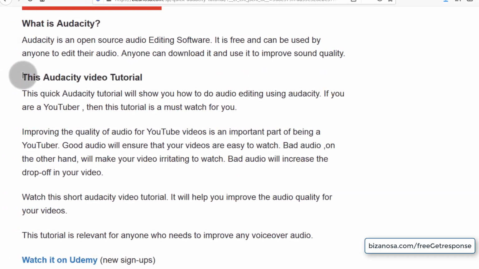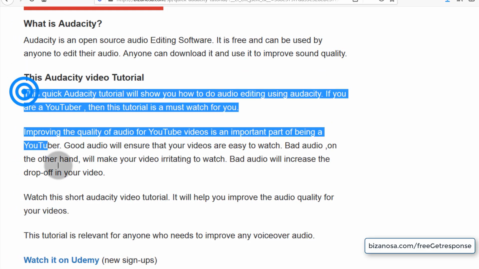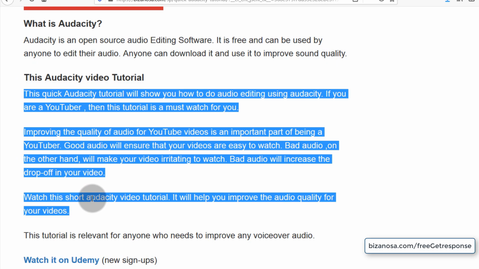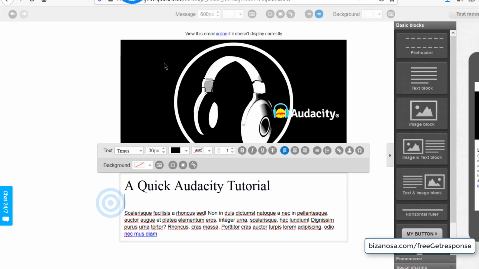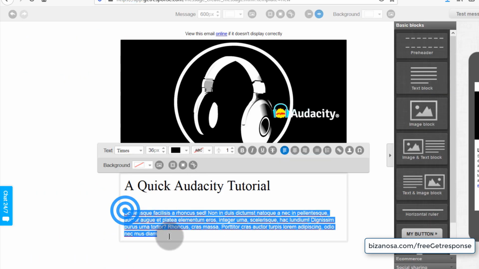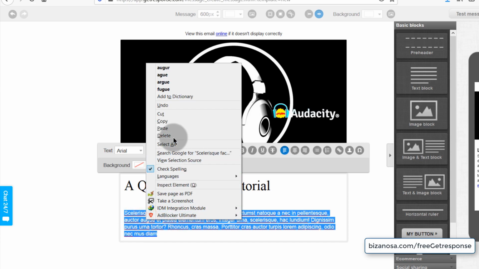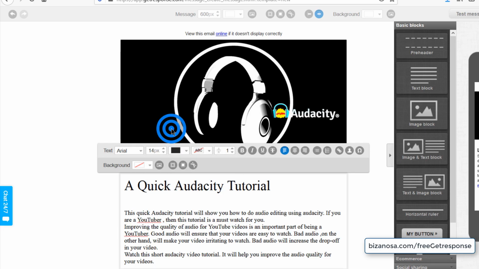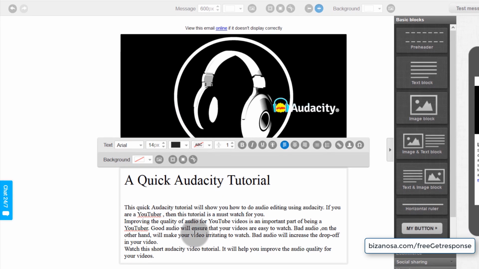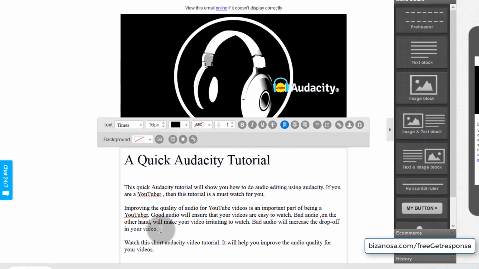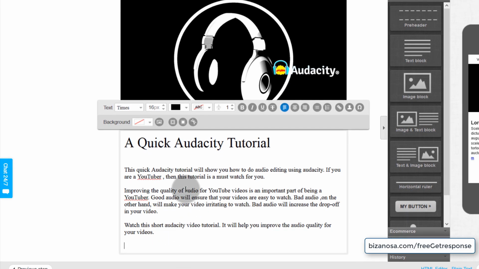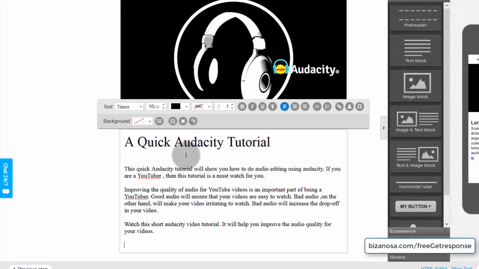I can just copy the items from here and paste inside here, and I will paste. So once you write your sales pitch there to encourage people to buy whatever it is you're selling, you can tell them to click